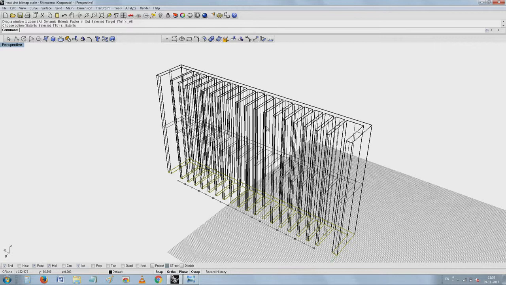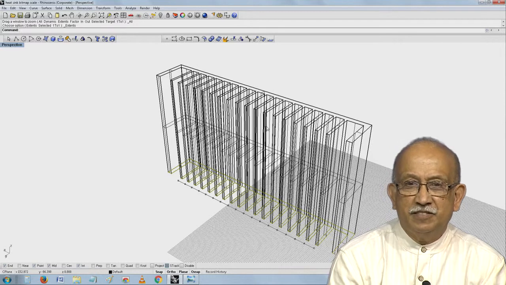Why I need to show you this is, this is probably our starting point of various products which we want to do.